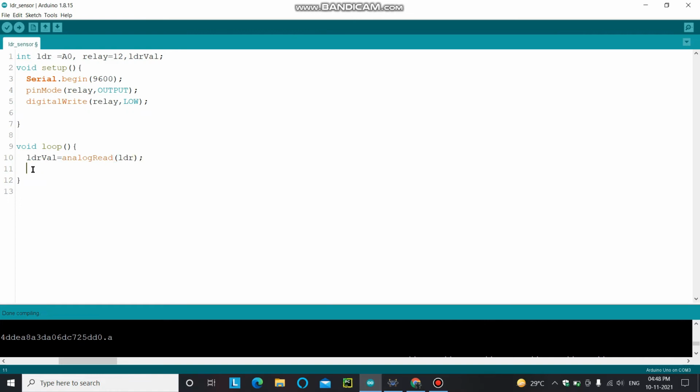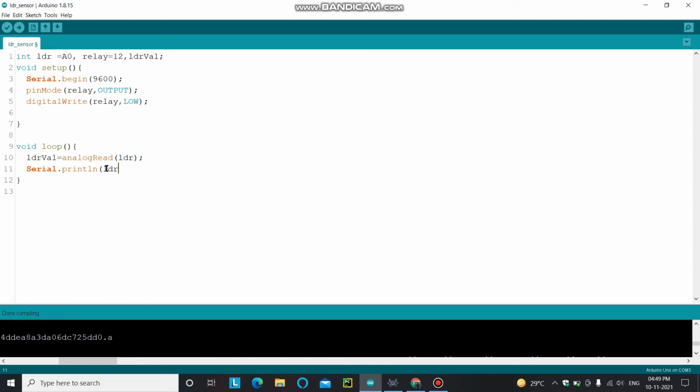To print any value or message or information on the serial monitor, you have to write Serial dot print. Serial dot print or Serial dot println, both are similar. Ln will print the information in a separate line. If you are just using Serial dot print, all the information will be printed in the same line. So to insert a new line, you have to use the Serial.println function, and what you want to print on the serial monitor is the value that you have read from the LDR sensor, which is stored in the LDR value.